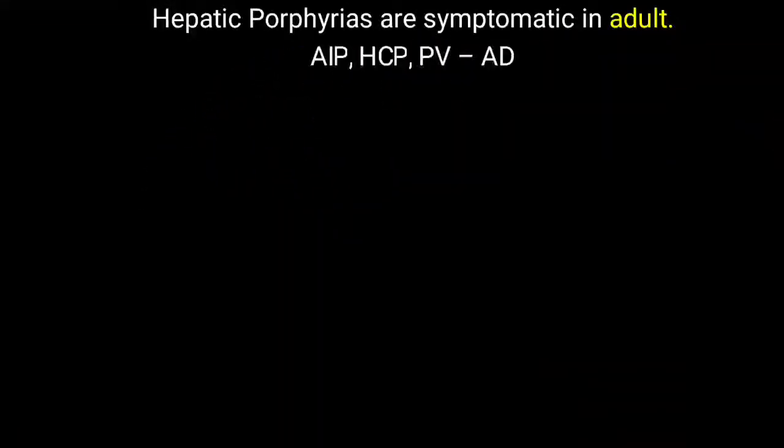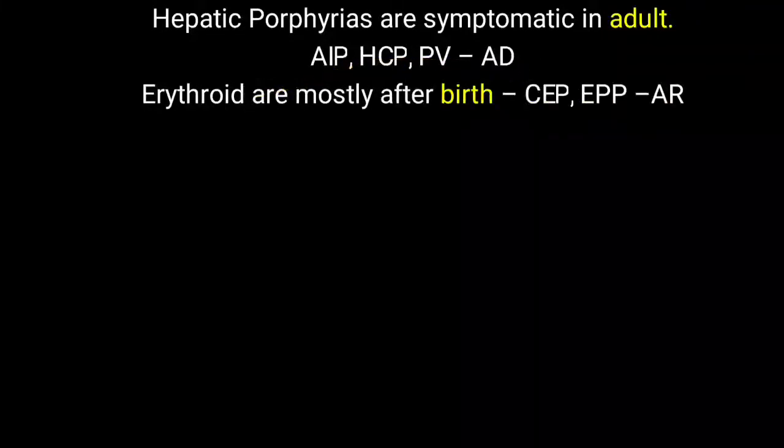So which are the hepatic porphyrias? You have to remember these three are the hepatic porphyrias: acute intermittent porphyria, hereditary coproporphyria and porphyria variegata. So here UPG1 synthase enzyme deficiency, here CpG oxidase and PPG oxidase. Now all these three are the autosomal dominant variety. So that will also give some idea about the family history. So family history will also give an idea about the diagnosis of the porphyria.